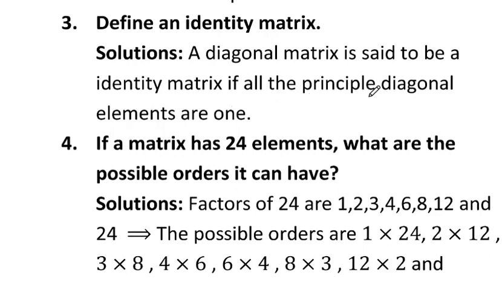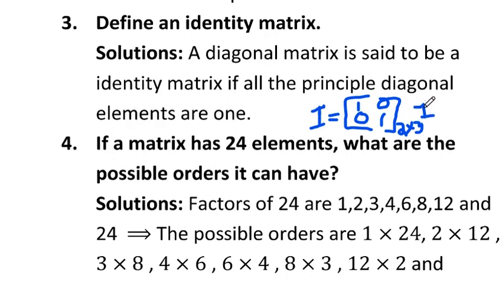You can write the example, and you should remember the identity matrix of 2 cross 2 and 3 cross 3. Generally we will use that. That is, principal diagonal elements are 1, and anyhow it is a diagonal matrix, so the rest of the elements are 0. This is an identity matrix, and an identity matrix is denoted by capital letter I, and this is an identity matrix of order 2 cross 2. And you can write the identity matrix of order 3 cross 3.